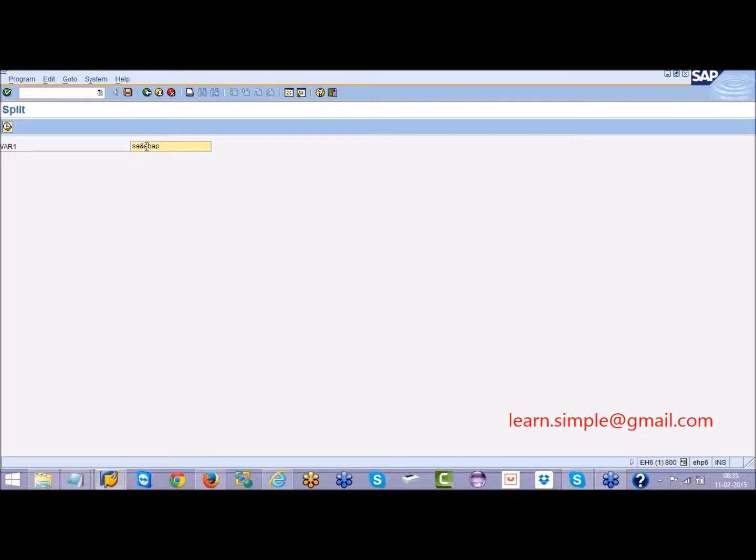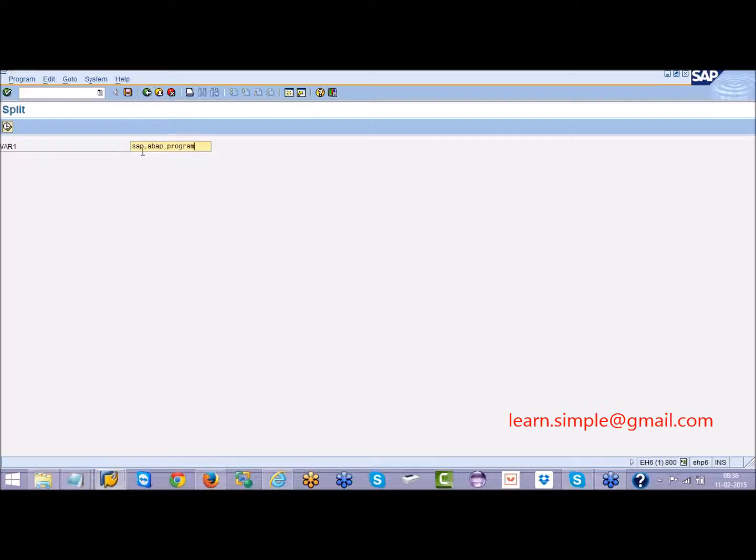So in that case, how do you split the content? So I have SAP comma ABAP comma program, for example. How can I split it in the program and display in the output?